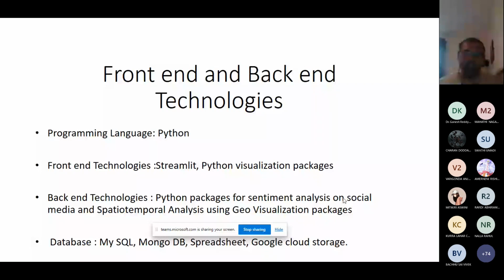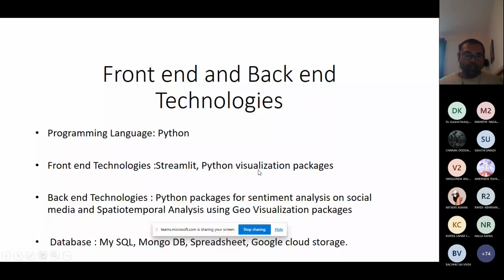of geo visualization packages. Like we can see the online map of the particular location and find the coordinates, find the centroid of it and geolocation, and apply the spatial query on that. The databases I'm using presently, I'm using spreadsheets. I'm getting like 1,000 to 2,000 tweets in a particular year, for a particular park.